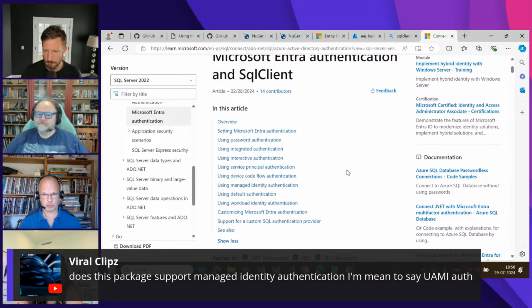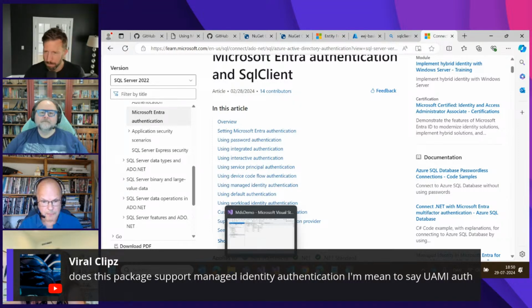If you're using a user assigned identity, you use the user ID field to give it an ID for the, I can't remember whether it's object ID or app ID of the user assigned managed identity. Probably the client ID for user assigned. Probably the client ID, yeah. And for system assigned, you simply don't put any credentials in and just say authentication method managed identity. Yes.